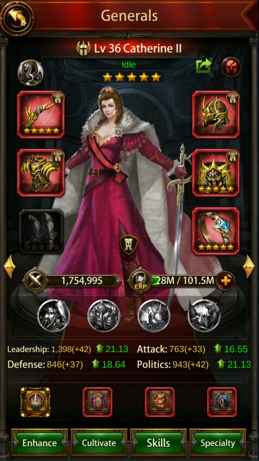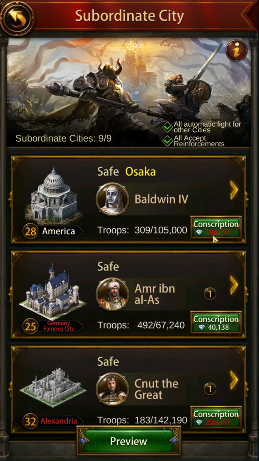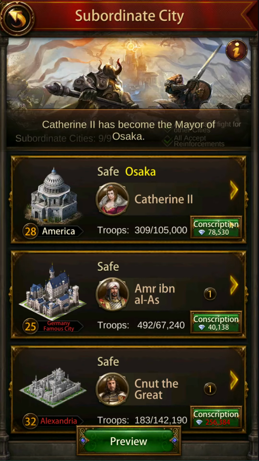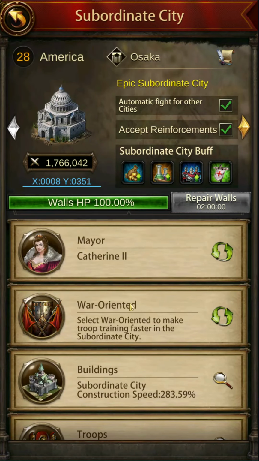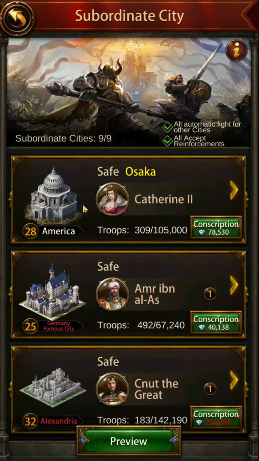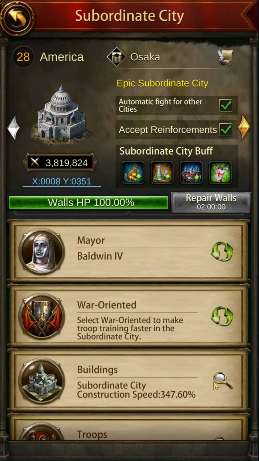So now that we have some of this gear refined and the particular ones that are on there, what I'm going to do is go back to the subordinate city training screen. Now you notice that it already decreased from 110 because I changed the Monarch Talent. Now I'm going to change it to the Catherine General. You can see that the amount has decreased significantly to 78,000 gems usage consumption here instead of 110,597, simply because she changes the troops training speed up to 762% based on my refines versus the default general that I have in there, which is at